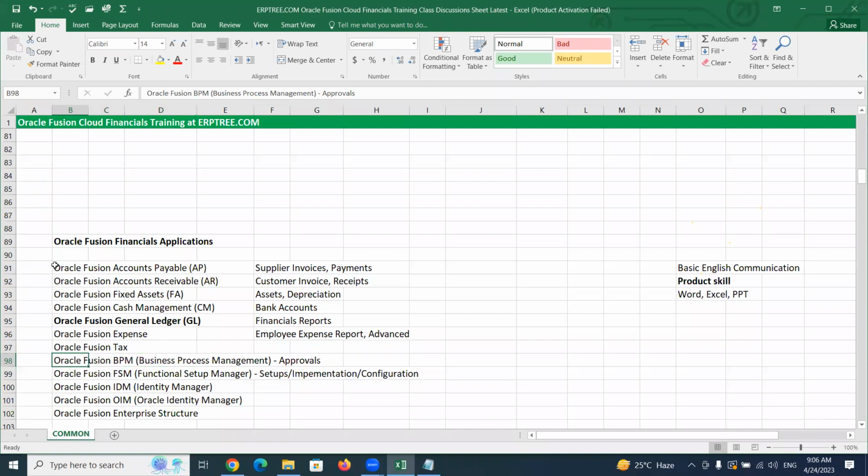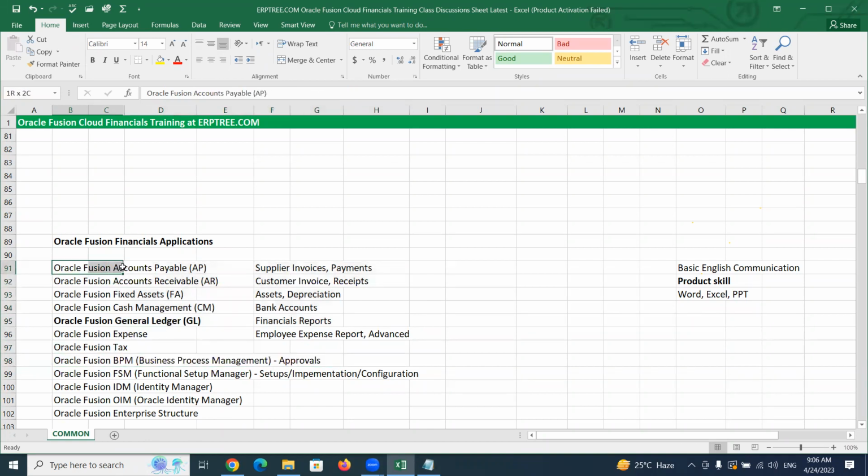So you count, these are the core. Don't see the big list. Primarily, this is what we are learning. These are just simple, small, and very miscellaneous things. And by using Oracle Fusion BPM, we will learn how to set the approvals. Approvals may be required in the GL, in the AP or somewhere else, wherever applicable. We can set the approvals by using the BPM.